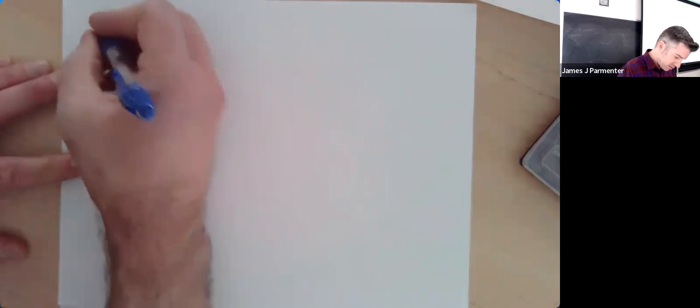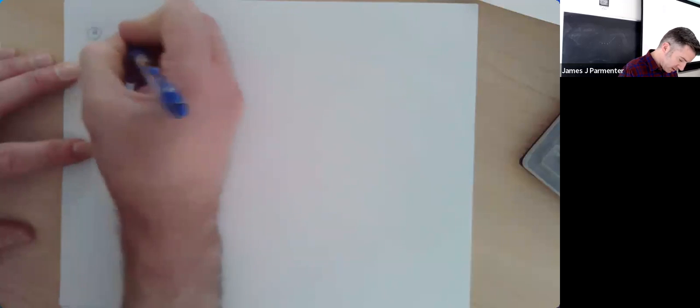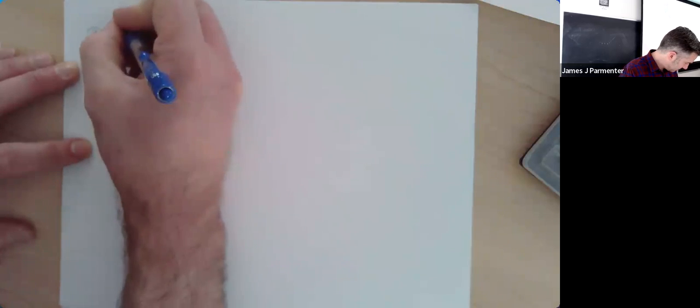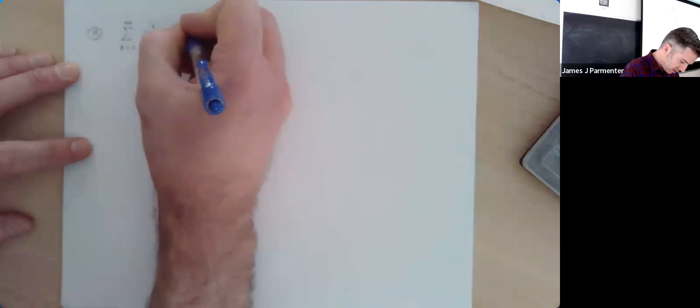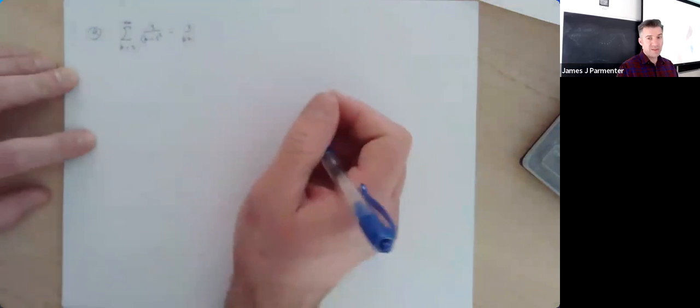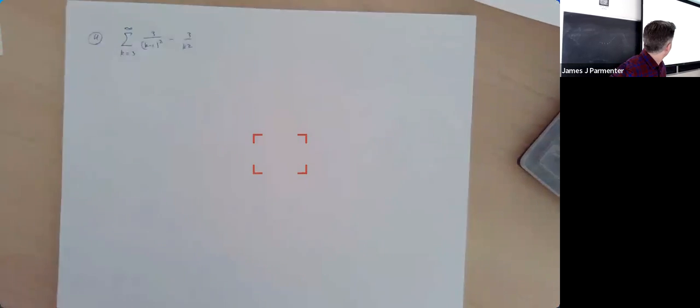I guess we could break it up. So that first one, we could break that first one up into two sums. Just for everyone who's watching this later, this example 4, which in my notes looks like this, 3 over (k minus 1) squared minus 3 over k squared. If you were just being asked about whether or not this converges and not what it converges to, you